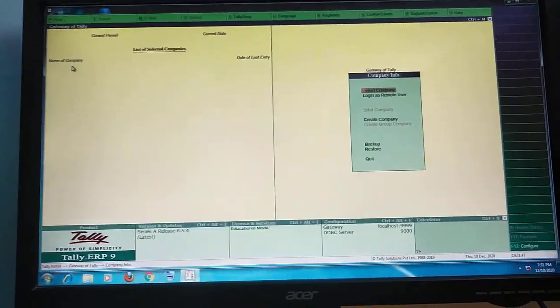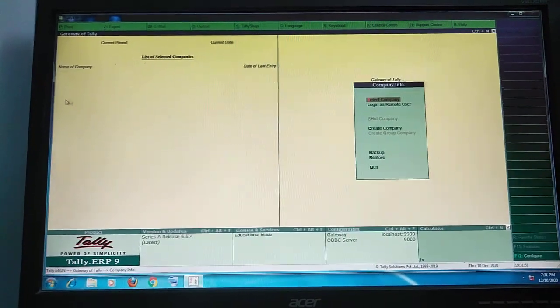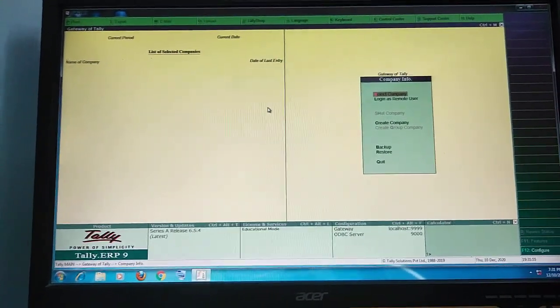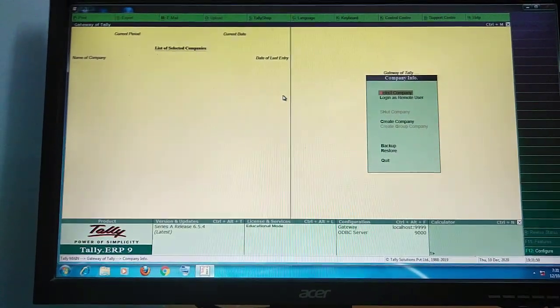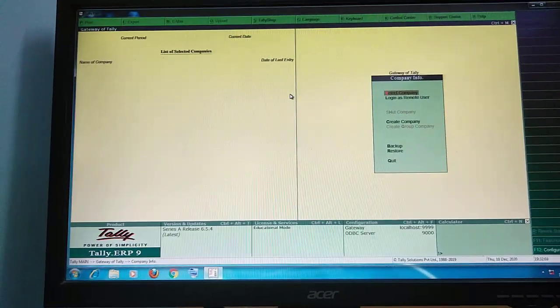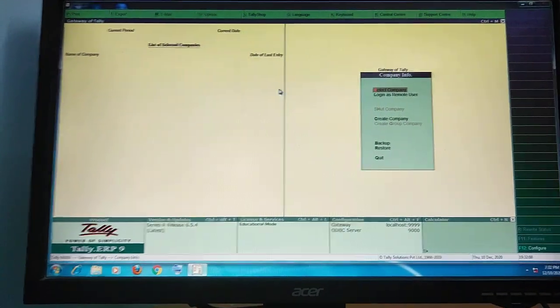If you want a new company, since Krishna is already there, in that situation go to Shut Company and press enter. First select the company name and press enter. Automatically the company name is temporarily removed from your work area.